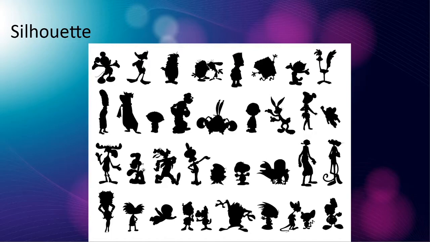The silhouette of a tree type. A palm tree looks different than an oak tree, right? You see that in a shadow form or silhouette form, you're going to know that it's a palm tree versus an oak tree. So you look at these silhouettes, and if you are a part of the United States cartoon culture, you should recognize some of these silhouettes as cartoon characters, like Yogi Bear and Popeye and Charlie Brown, right?